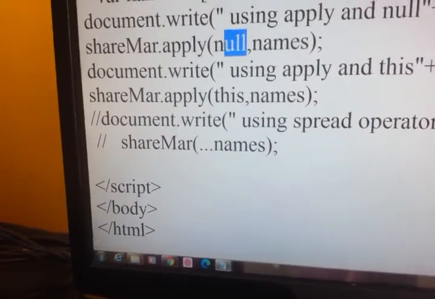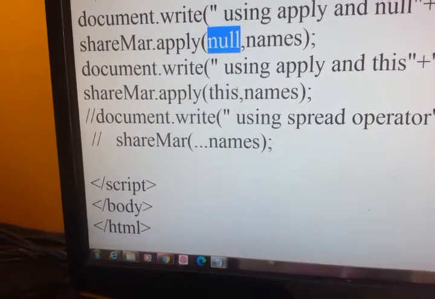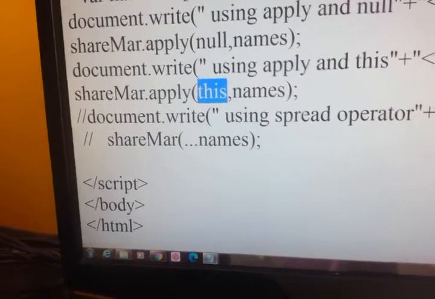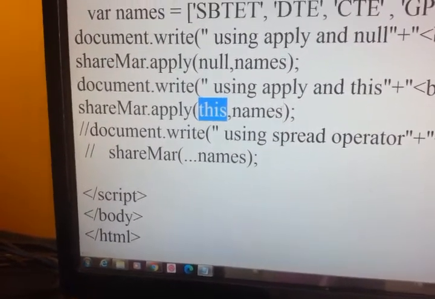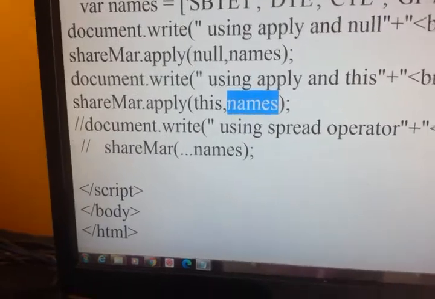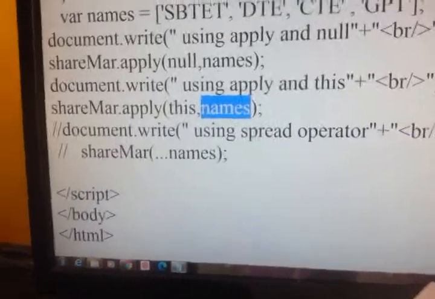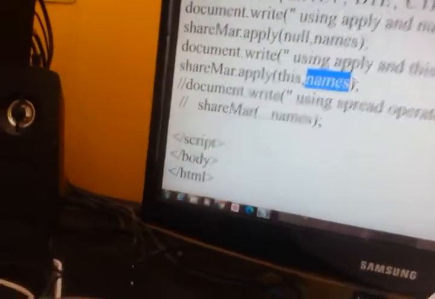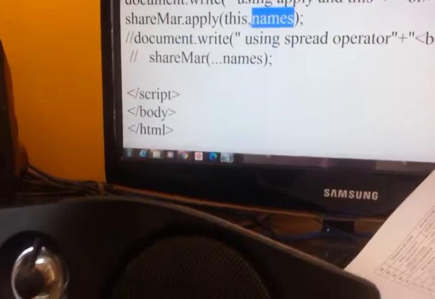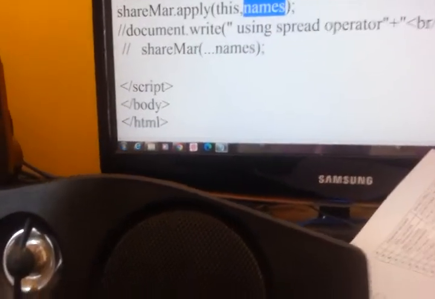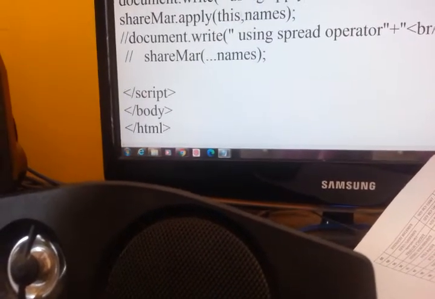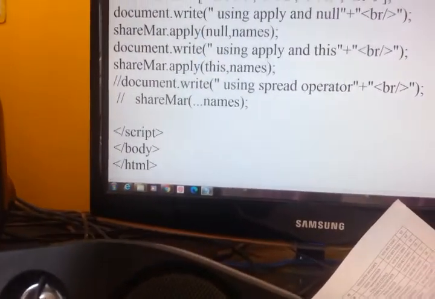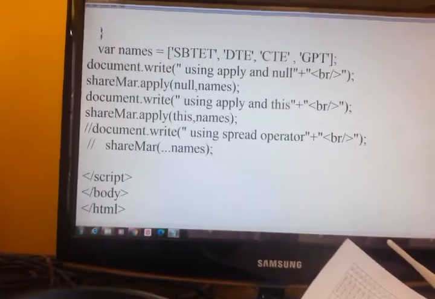Instead of null, we are using the this keyword, and then this is our array name. So we are passing the array as an array to the function, instead of null we are giving this. So what happens if you give this? We'll see. We'll just save the program.